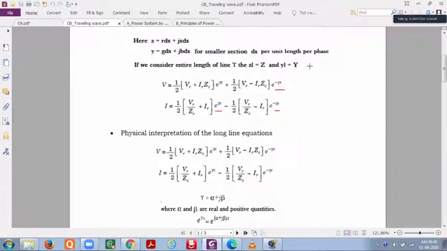See your current equation. Same e power gamma x. So no need to worry about the term in the bracket, because the point here is this bracket term is being affected by your exponential factor. This exponential term, right? So same as we just discussed for your voltages, the current also increases. Yes, when it is traveling from sending end to receiving end, the amplitude is reducing and the phase is also reducing, right? So that is your incident wave.